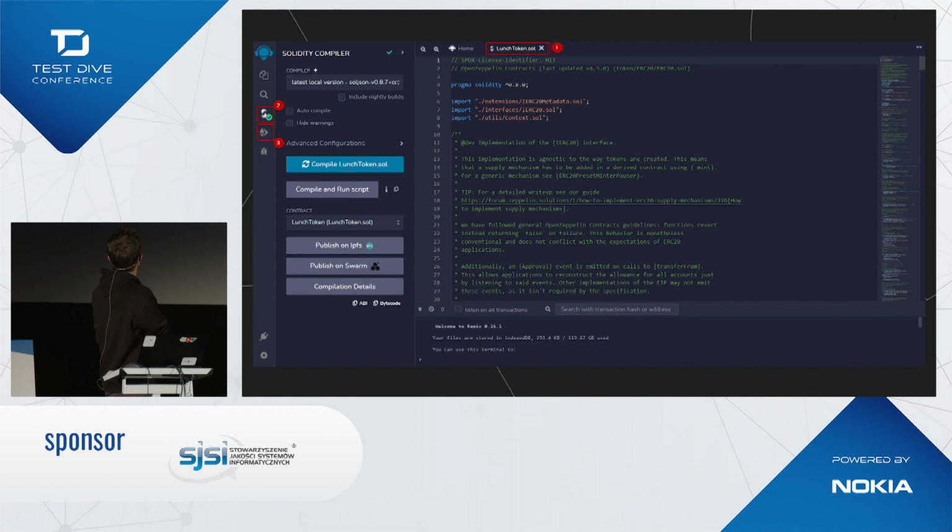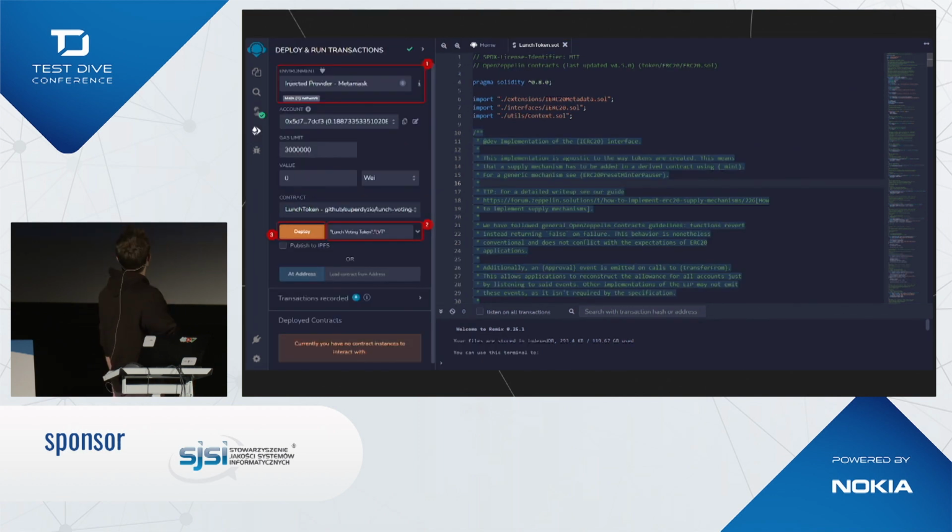We just hit compile and we can go to the deployment tab, where we have a drop-down for environment. Right now you can see the injected provider, which means it will use MetaMask and try to deploy the contract on whatever network is currently selected in MetaMask. But you can also select here something like Remix virtual machine, and this will let you test your contract without any nodes or any blockchain, just tested locally in place.